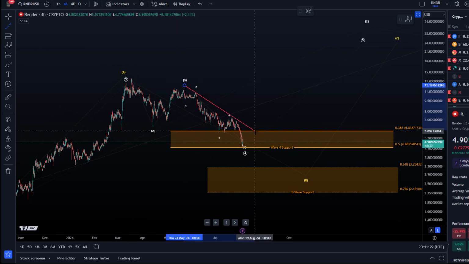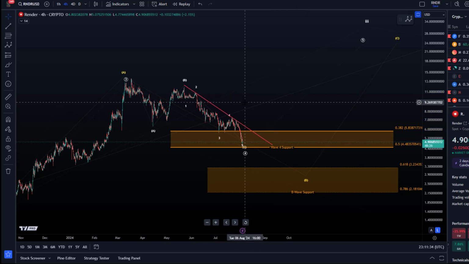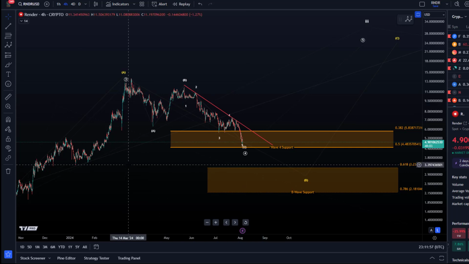Just checking if we can draw a trend line. Yes, we have 4 touch points here. So I would say the first indication that a low is in place is a break above this descending trend line. That could also be a nice breakout trade for anybody who's looking for a breakout trade on the long side. Until we break above the trend line, however, the trend is still down clearly, and 4.48 is the next pivot. Below that, 3.23 is the next one to watch. There is some structural support in that area as well, around that 3.23 level from the previous swing lows